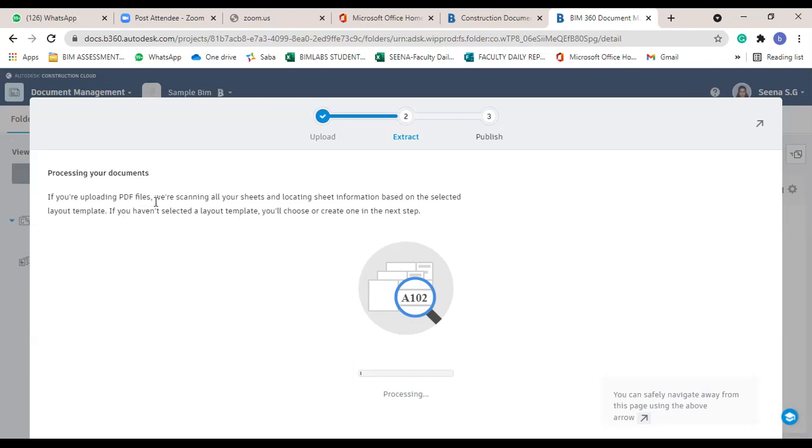If you are uploading PDF files, we are scanning all your sheets and locating sheet information based on the selected layout template. So if you have not selected a layout template, you will choose or create one in the next step. In this category, we need to define a new template for documents.